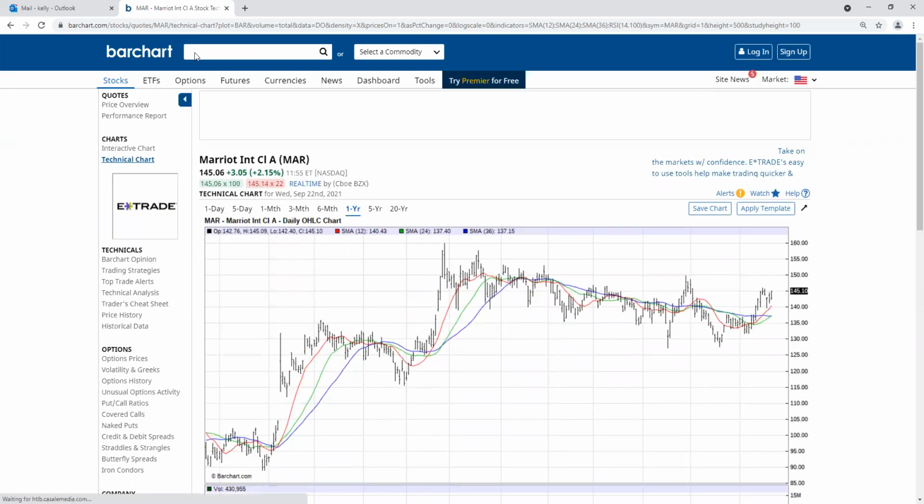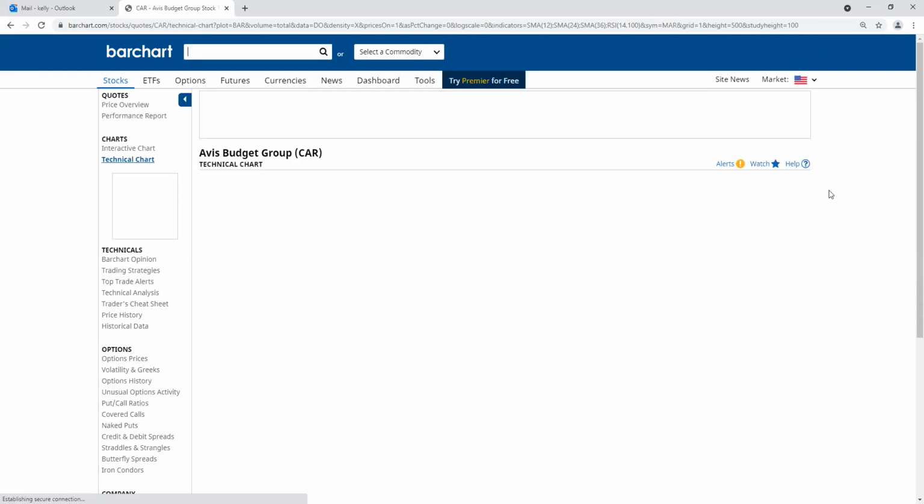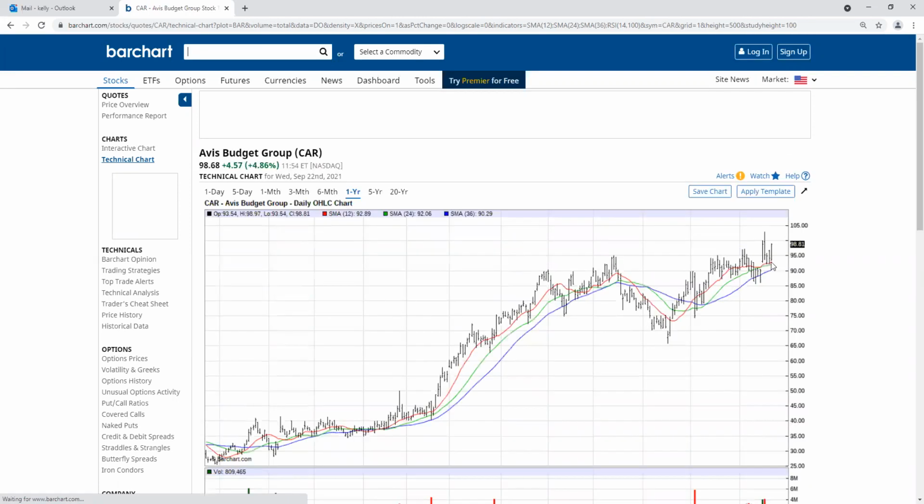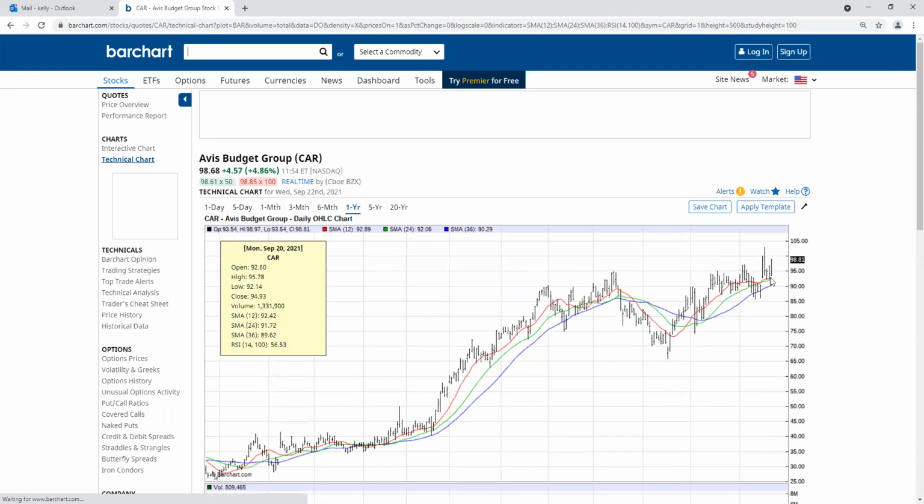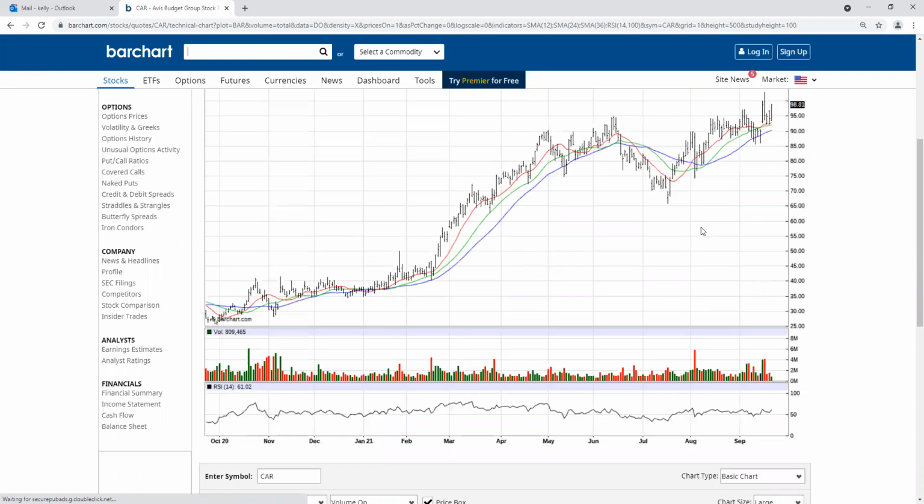So you've got your hotel, and you've got your plans with Expedia. Now you're going to need a rent-a-car. So why don't we go look at getting a rent-a-car here with Avis and Budget. And Avis and Budget are looking great. And so there's another thing to take a look at there.